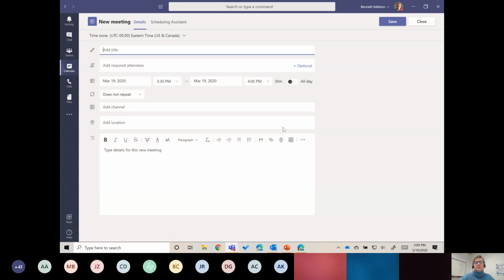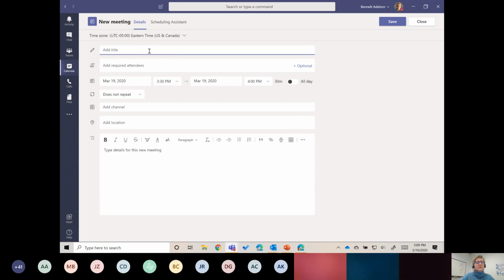There are some things you can do. Actually, there are quite a few things you can do in Outlook that you can't do here, such as you can set the importance of a meeting, which we don't have that option here. But it actually is quite functional, and you may find that this is your default method.